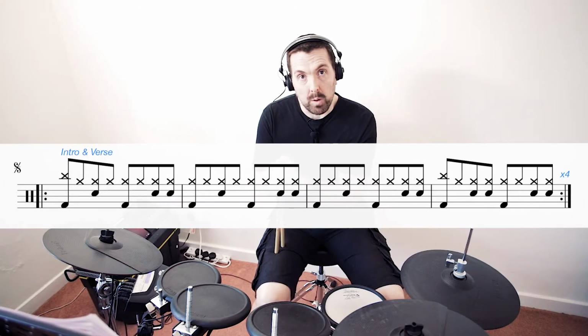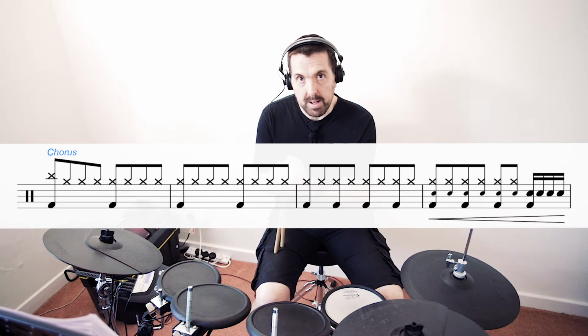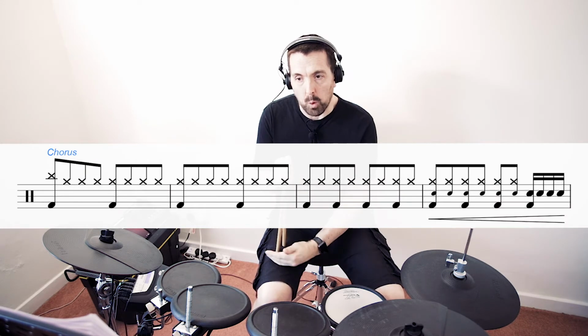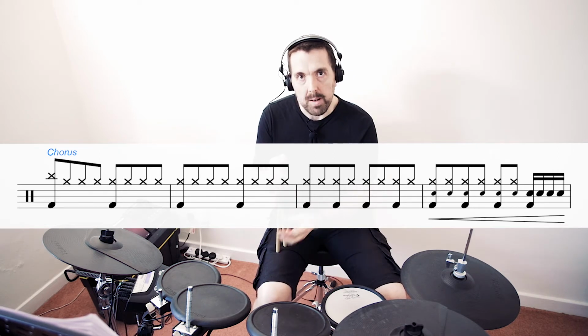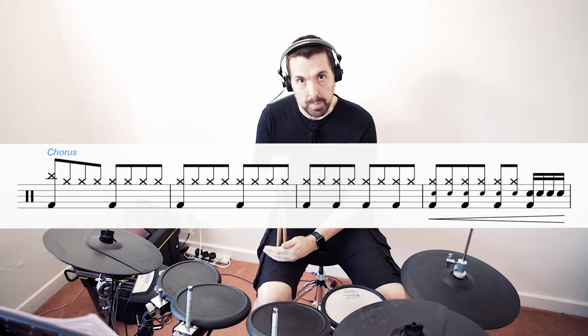For the start of the chorus, we're dropping the snare and we're actually just playing the bass on 1 and 3 for the first couple of bars. Again, still 16ths on the hi-hat, bass on 1 and 3 for the first 2 bars. For the 3rd bar, we double the speed of the bass, so we're playing 4 on the floor, 1, 2,